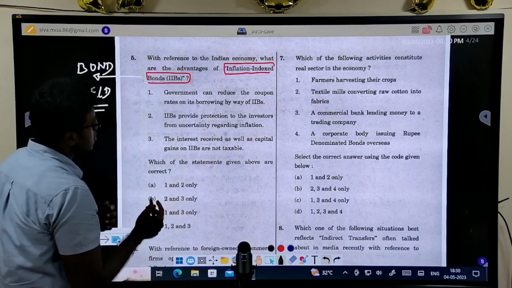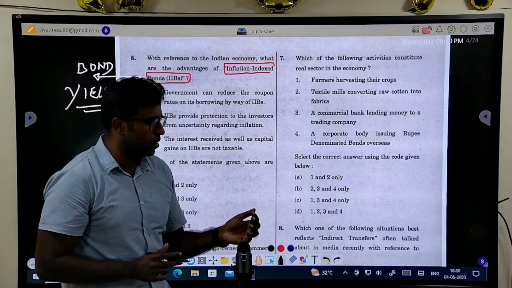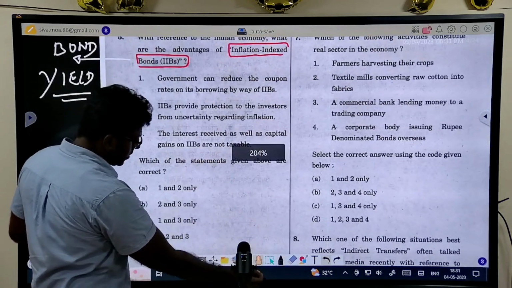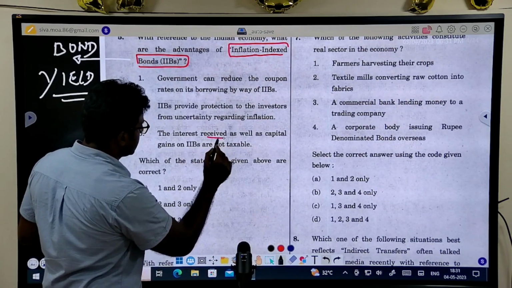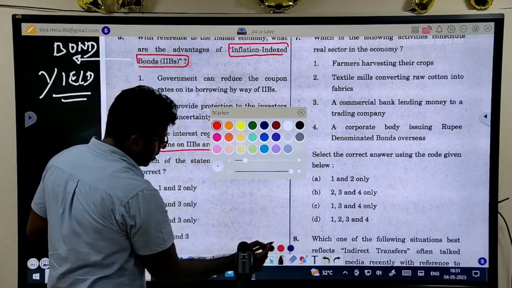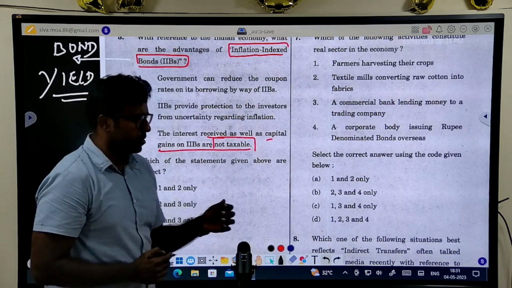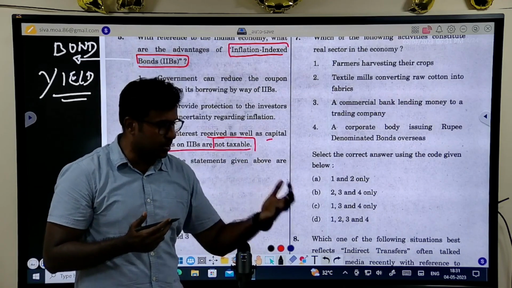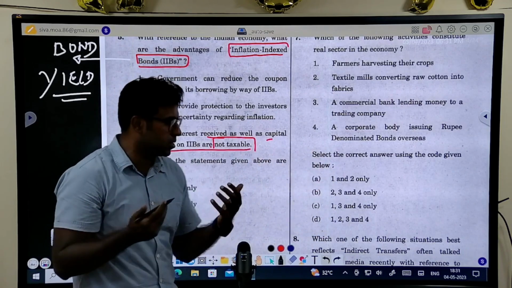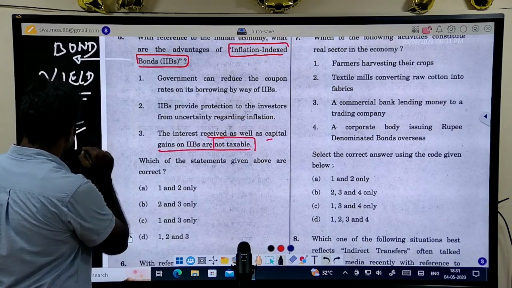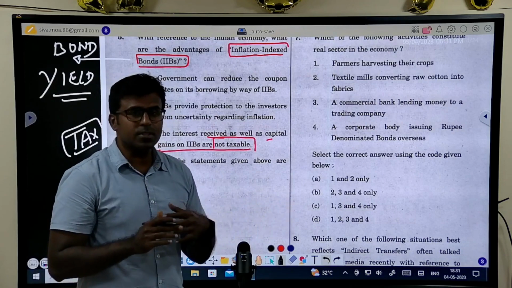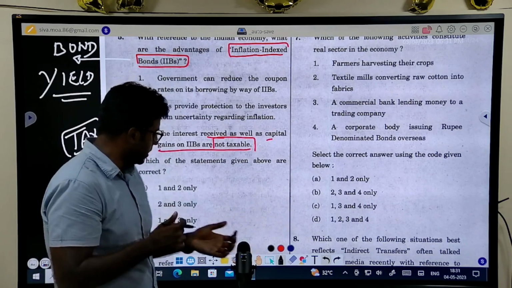But now coming back to this question, inflation indexed bond. If you had seen the simple fact here, look at this, the interest rate. So interest rate received as capital gains, how is it not taxable? The government makes its money through the taxes it gets from capital gains or many other transactions. If the government is not able to tax them, then they are going to lose a lot of money. So you cannot say that they are not taxable. But now come to this point.